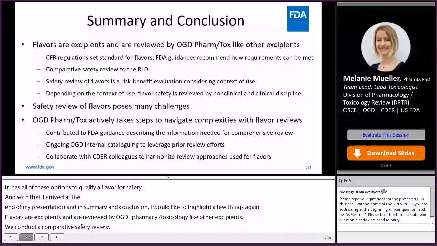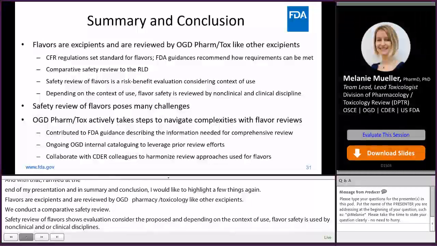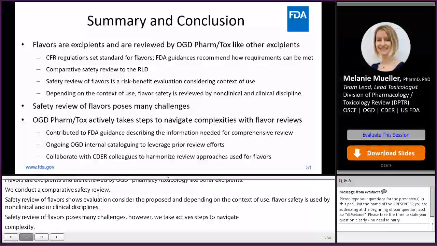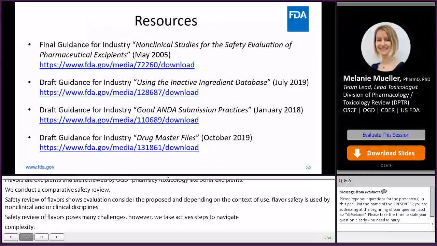The safety review of flavors poses many challenges. However, we take active steps to navigate complexities with flavor reviews. For example, we contributed to FDA guidance describing the information needed for comprehensive safety review. We have ongoing efforts to internally catalog and leverage our prior review experiences, and we collaborate with CDER colleagues to harmonize review approaches used for flavor additives. For potential interest, here's a list of resources and guidance documents that we frequently use during our safety reviews of